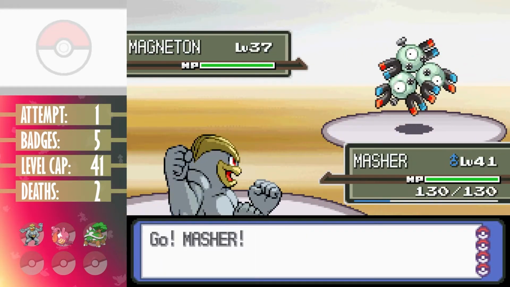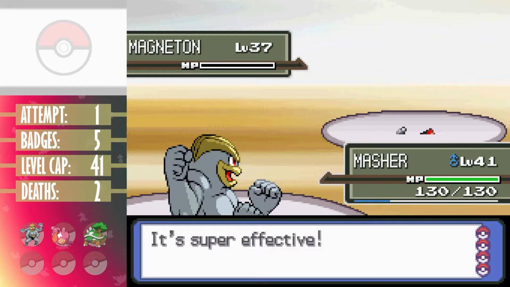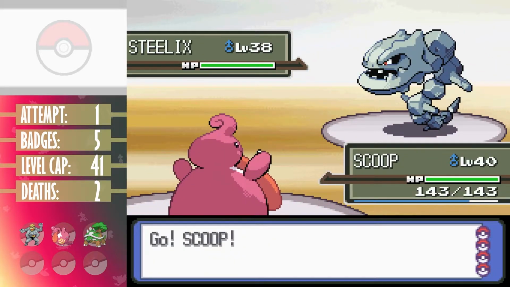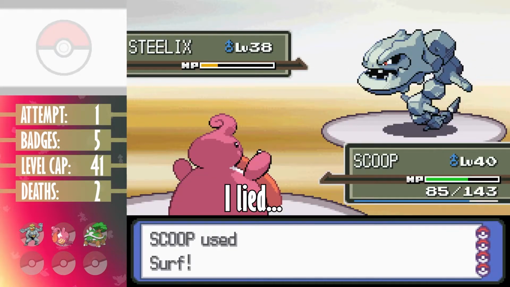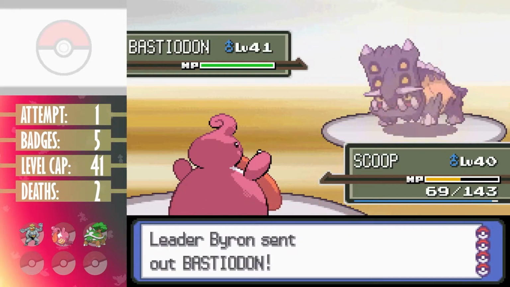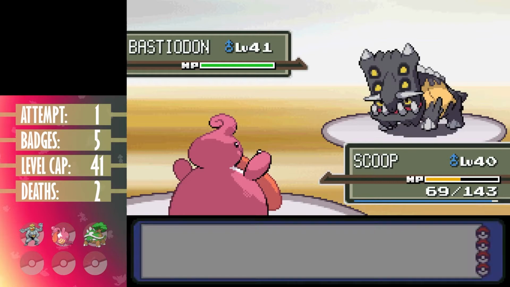Byron starts off with Magneton and it goes for Metal Sound. Masher uses Dig, which knocks it out the next turn. With Steelix out, I switch to Scoop as Steelix uses Sandstorm, but the next turn it goes down to a single Surf. These first two were easy, and Byron's Ace Bastiodon can't really do much, but it has one terrifying move, Metal